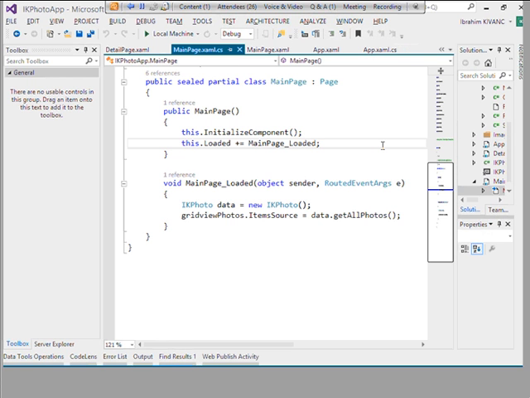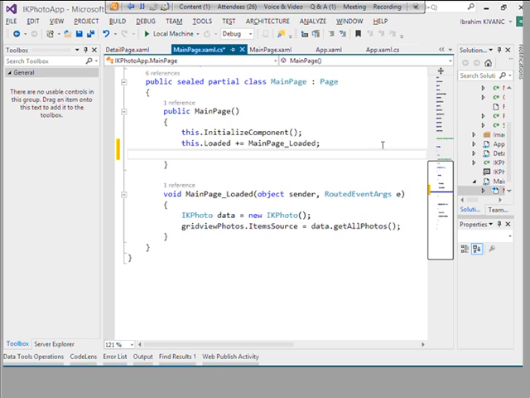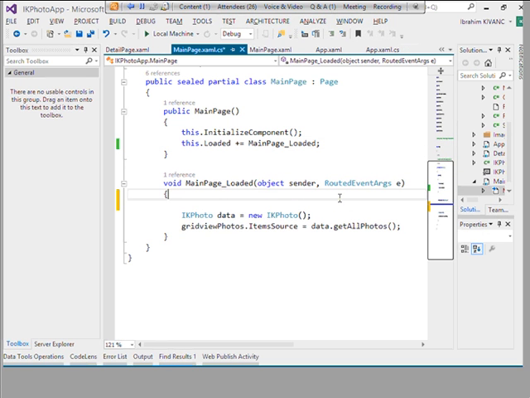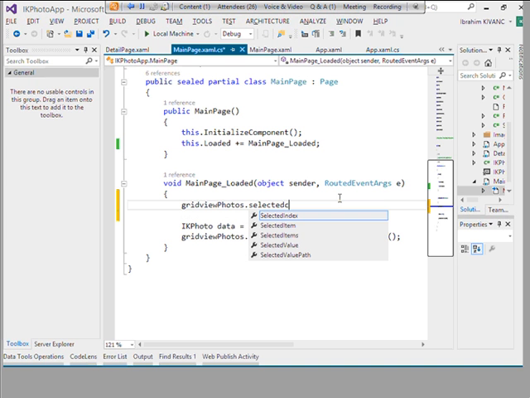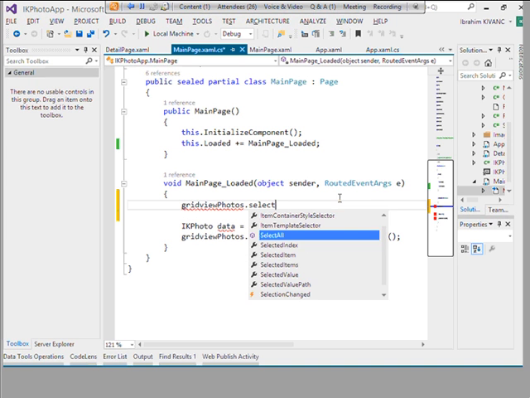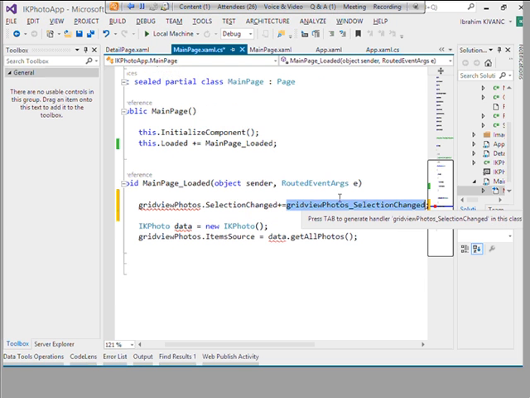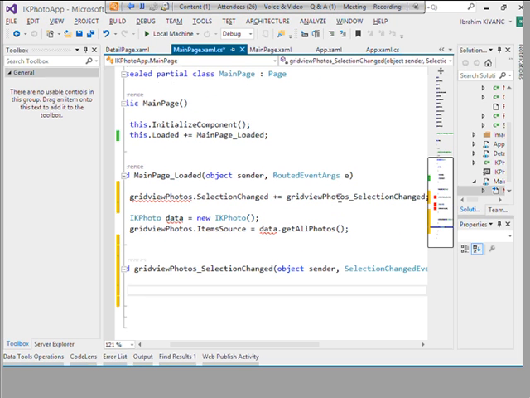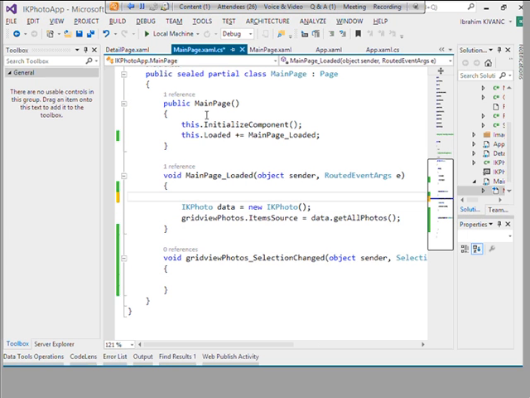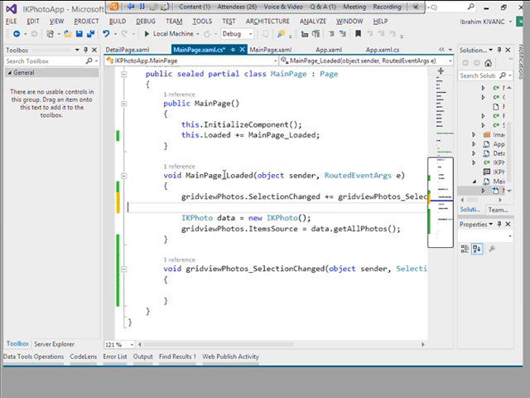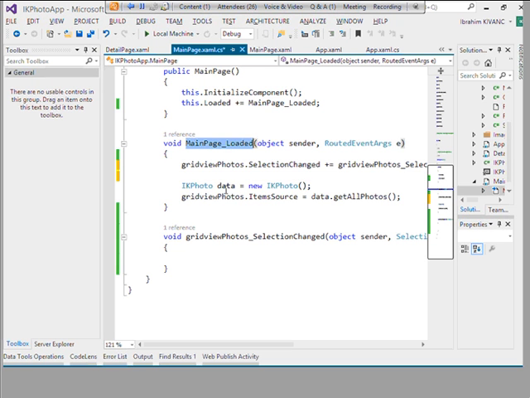So what I can do is select this thing, whenever this is loaded, I can attach new code like grid view photos selection change. Whenever this selection changes, meaning I click any single photo on the screen, we can define it in the main page as well, when it is initializing, or we can define this thing in a main page loader